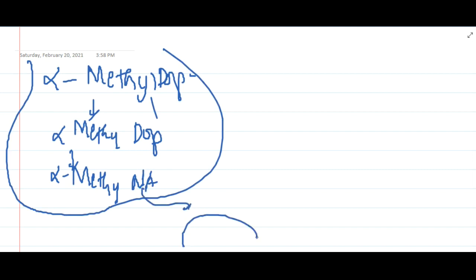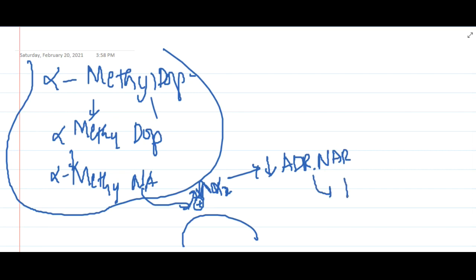Now it will act on the autoreceptor, that is alpha 2 receptors. It will activate alpha 2 receptors, and these alpha 2 receptors, being the autoreceptors, decrease the release of adrenaline and noradrenaline, and as a result these will cause decrease in heart rate and decrease in peripheral vascular resistance,